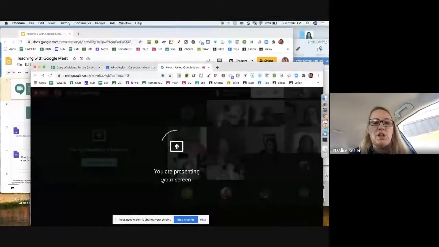So it's one of the things that I like about Google Meet over using Zoom. First of all, what I like about Google Meet is it can be restricted to the domain so that people who are not at your school can't get in. So I enjoy that layer of security. But I'm going to be able to present my entire screen, where Zoom currently only lets me do a window. So whenever I want to switch which account I'm showing, it's, to me, annoying to do it in Zoom. So I'm going to do a full screen share here,